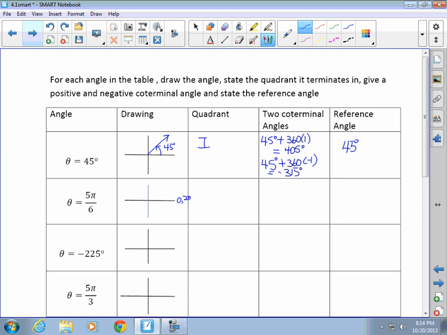So 2 pi with a denominator of 6 means I'm going to multiply top and bottom by 6. So that's the same as 12 pi over 6. If this is 12 pi over 6 over here, then if I half that, it is going to be